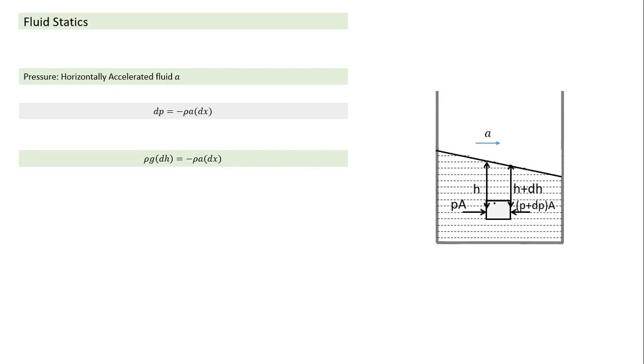Let's understand why it takes a shape like this. To understand this, let's take a system: an imaginary cuboid of the same liquid. Since every single particle of the liquid has acceleration A, because the shape is not changing, this block of liquid also will have acceleration A. On this block, the surrounding liquid will exert pressure force. On the left surface, the force will be towards right; on the right surface, the force will be towards left. Its weight and all other surfaces have only vertical components.